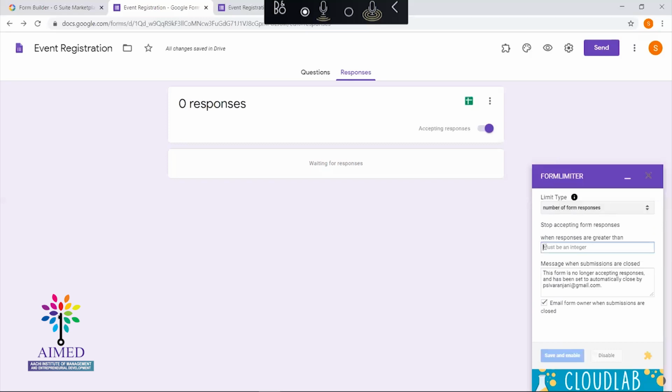So let me show you. I'll enter the number of responses as 2. So what will happen is it will accept up to 3 responses. After 3 responses it will block the registration. Here you can type the messages to the participants as well as to the organizers, once the limit of the number of responses is reached.